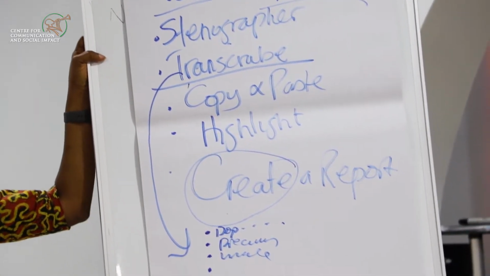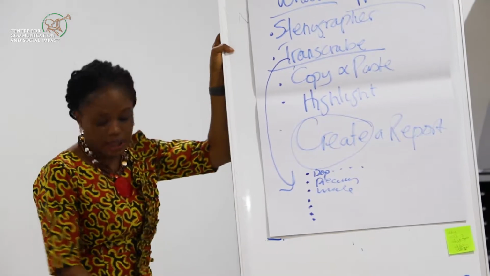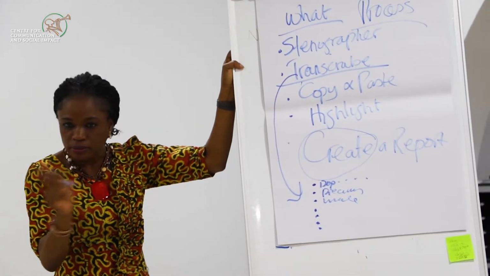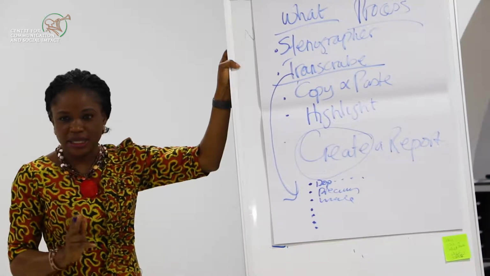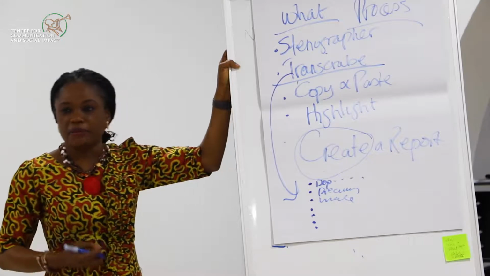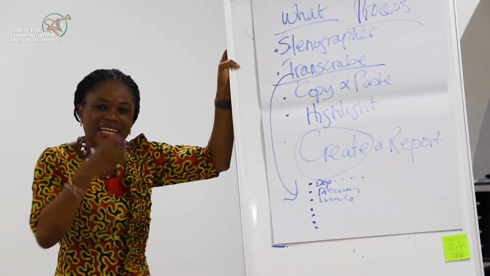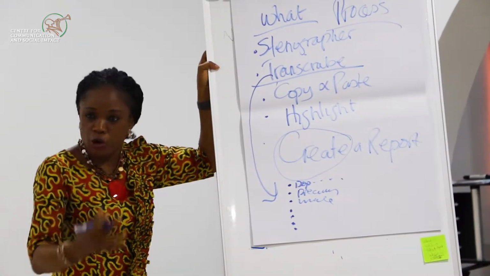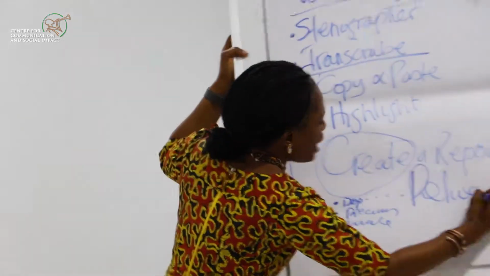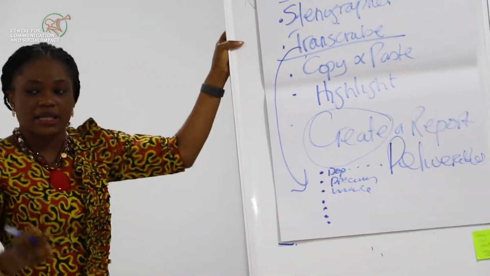So you shouldn't have a report that says, we started with opening prayer, then we went to tea break. After tea break, we had an exercise. After exercise, we broke for lunch. That's not what we need. The donor does not care about that. What happened at the meeting? Why did the meeting hold? What are the processes that led to the outcomes that are related to the deliverables? So if you write your report and your deliverables are not in front of you as a checklist, you are writing out of context.